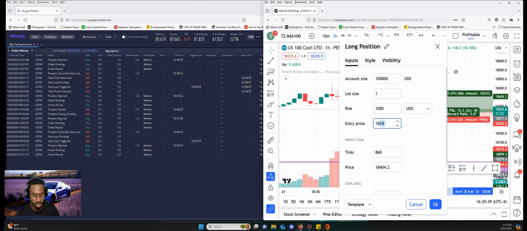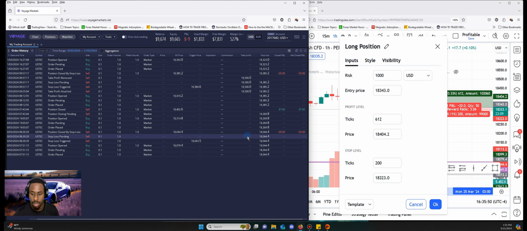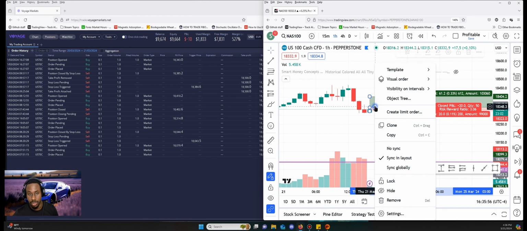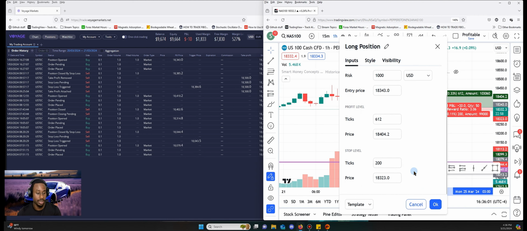18,343, right? And then I have a stop loss of 20. So you can put this at 200 and that should reflect what you see here. So 18,323.0 matching here because I have a stop loss of 20, and on this it's showing you as ticks. So 200 ticks would be $20 if you have a 0.1 or an order volume of 1 on the